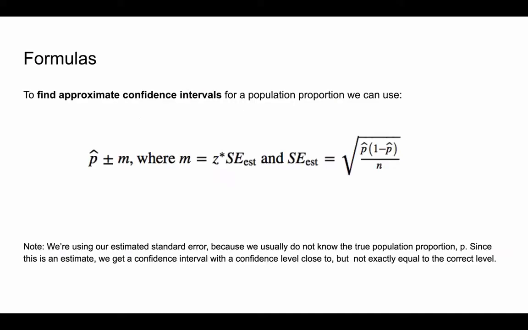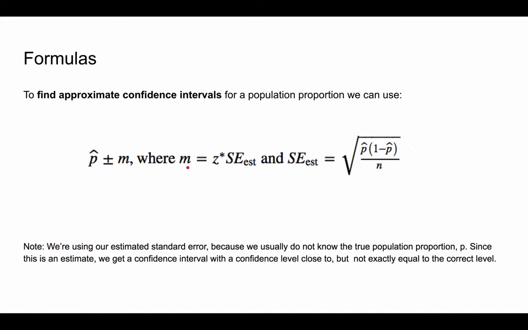Confidence interval example. We'll do an example similar to what you might see on the homework about how to find a confidence interval. Just as a reminder, we have these formulas that we'll use. So p hat plus or minus m is the formula we use to actually find the confidence interval, where p hat is our sample statistic, sample proportion, the estimate we get when we take a sample, and then m is